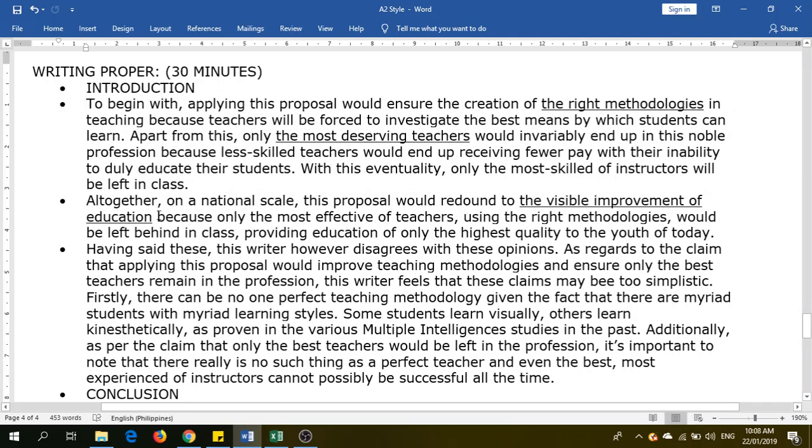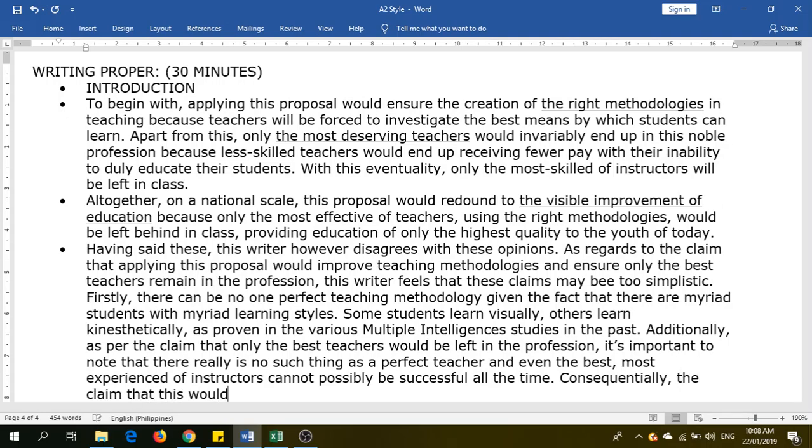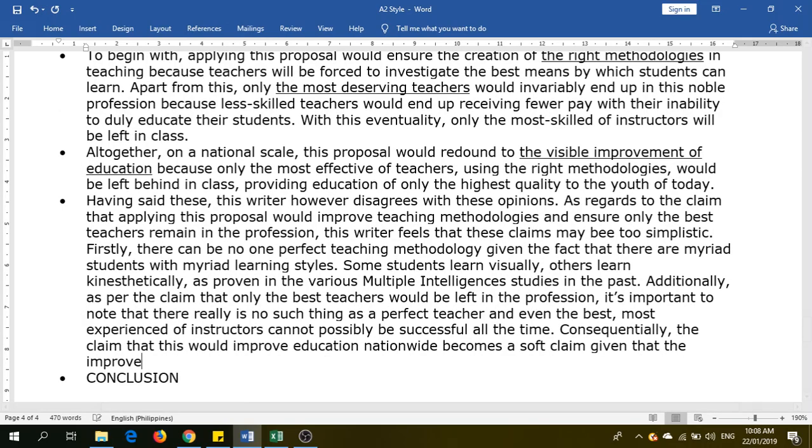But still, I need to kill these arguments over here that claim that this would lead to the visible improvement of education nationwide. So altogether again, consequentially, that's where we can put "consequentially." The claim that this would improve education nationwide becomes a soft claim, given that the improvement of education is a result of multifactorial reasons,